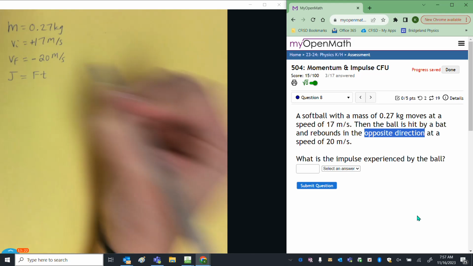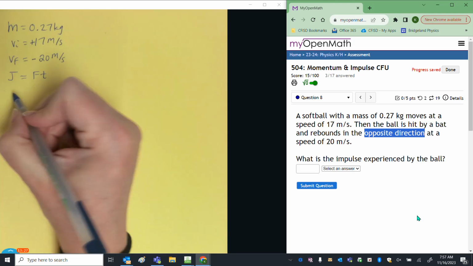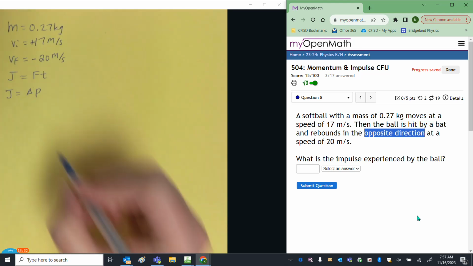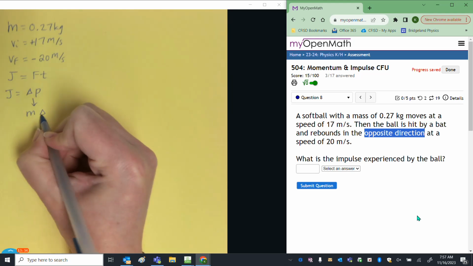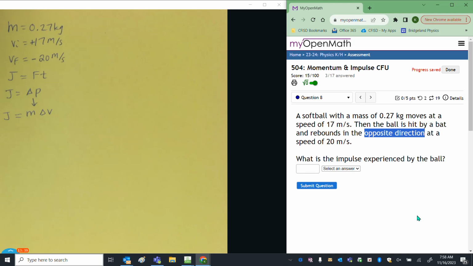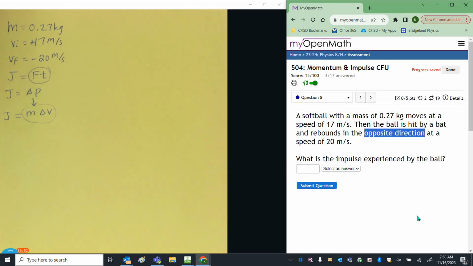Now, impulse is force times time, and I don't have either of those things. But impulse is also equal to change in momentum, and change in momentum is equal to mass times change in velocity, which means impulse is equal to mass times change in velocity. So there are 2 different equations you can use here to find impulse, and also 2 different equations you can use to find change in momentum. Both of them are equal to Ft, and both of them are also equal to m times delta v. And those are equal to each other. That's why we have that other equation.